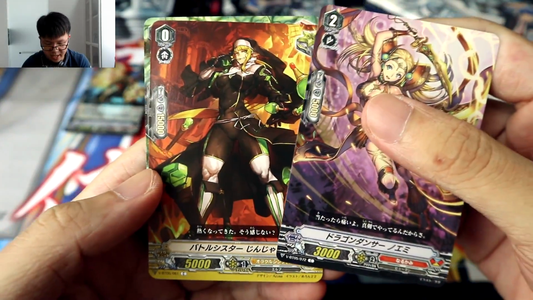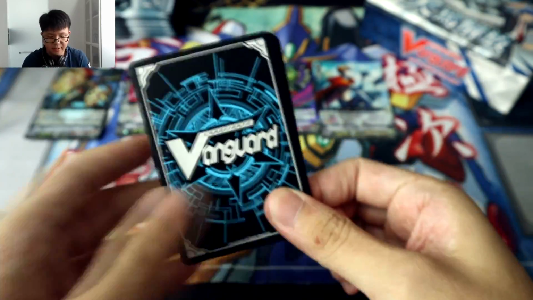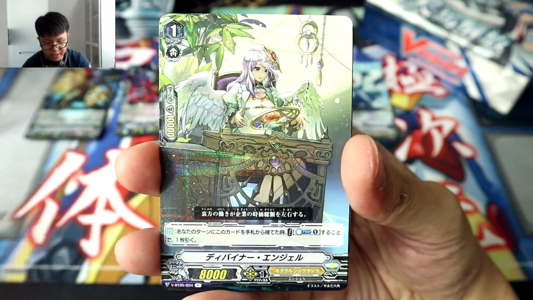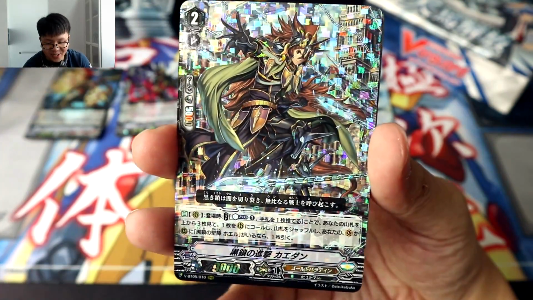And yes, we have Noemi again, critical trigger for OTT, draw trigger for Narukami. Let me just rearrange it a little bit. We'll keep the double rares on the right and move on to the next card in our first stack. We've seen Loading Angel, Bolt Captured Dragon, Diviner Angel, a rare from OTT, followed by another really cool and awesome looking